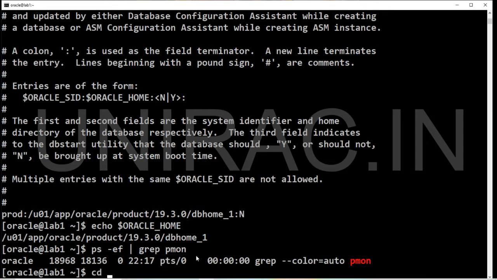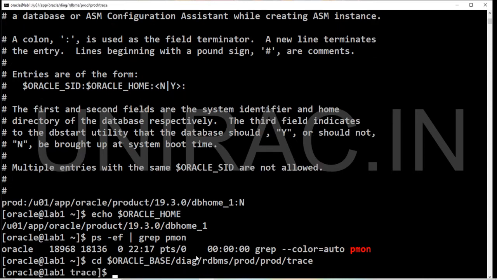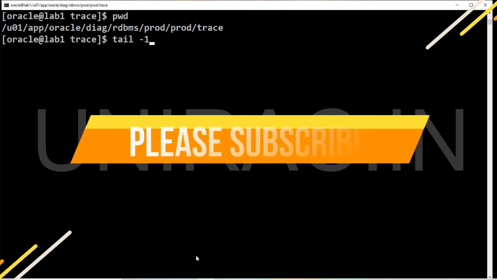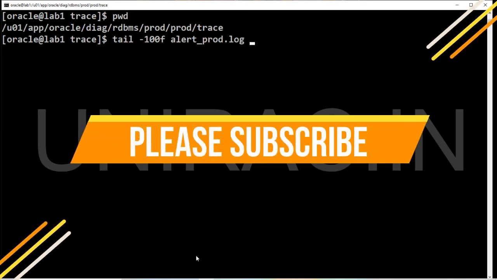So let's move on to the diag location. The diag location is under Oracle base, diag, rdbms, database prod and instance name prod. So we are in the trace location. Now read the alert log file. Using the tail command we can read the alert log file to see if any errors are there.